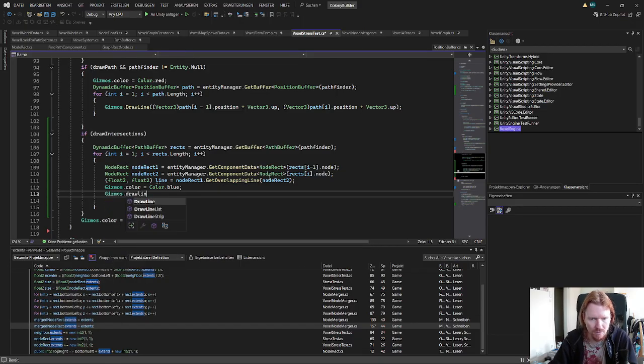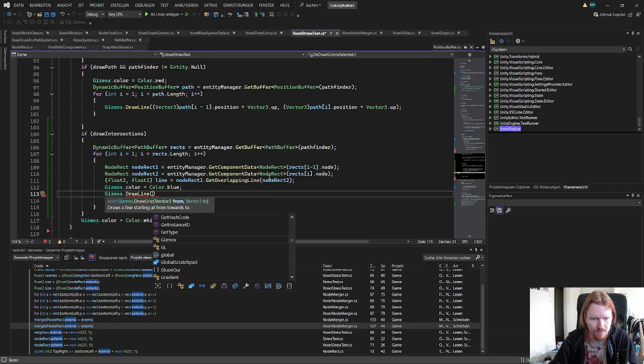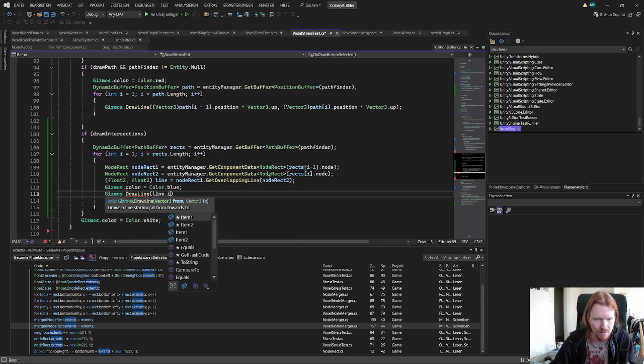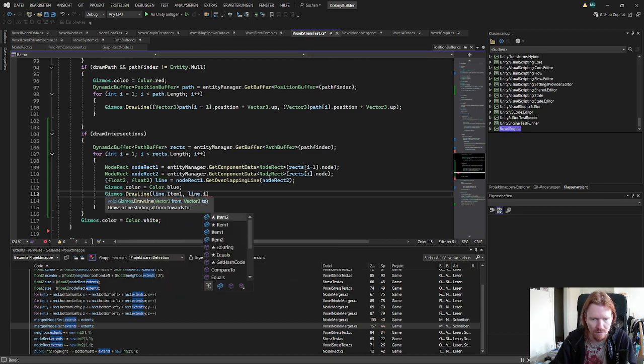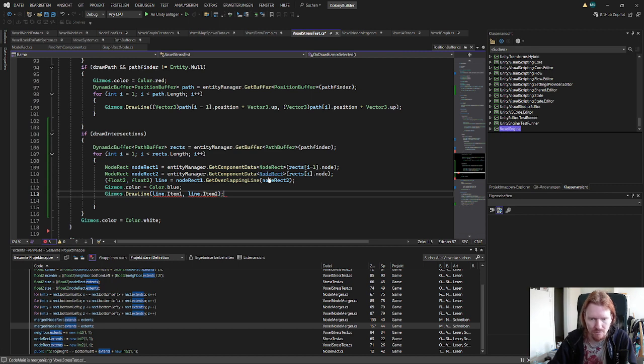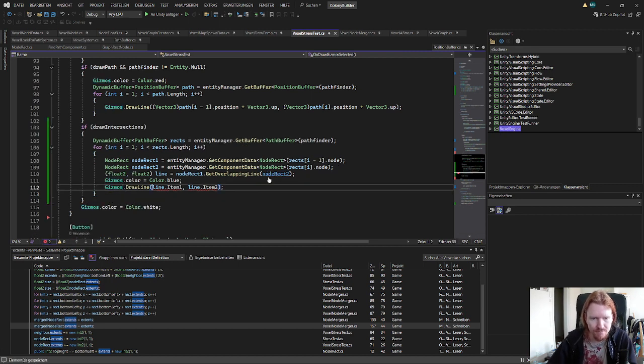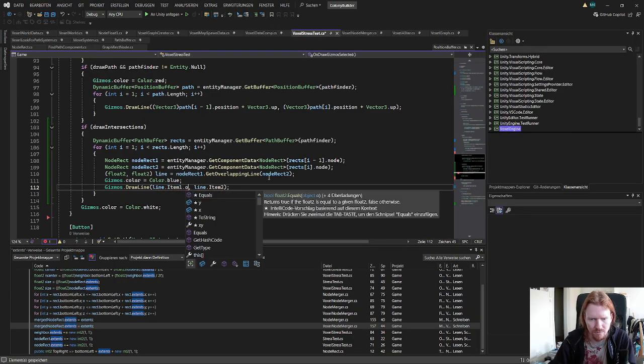Gizmos draw a line from line item 1, line item 2, to